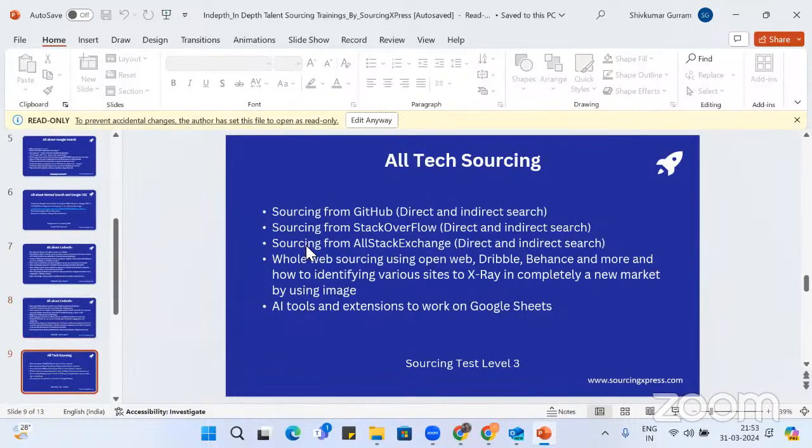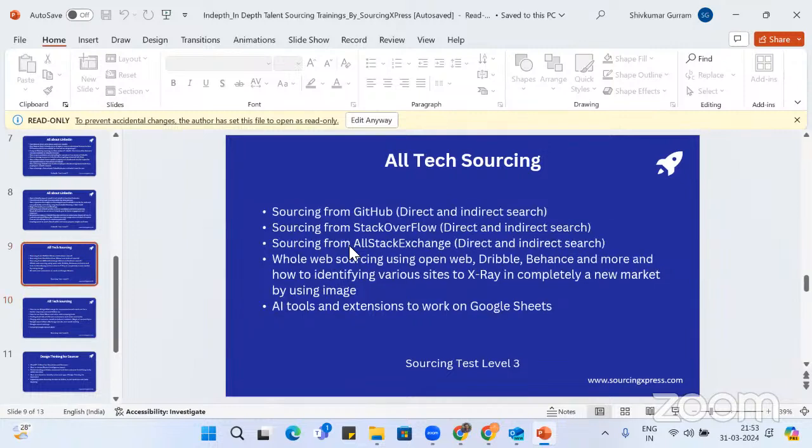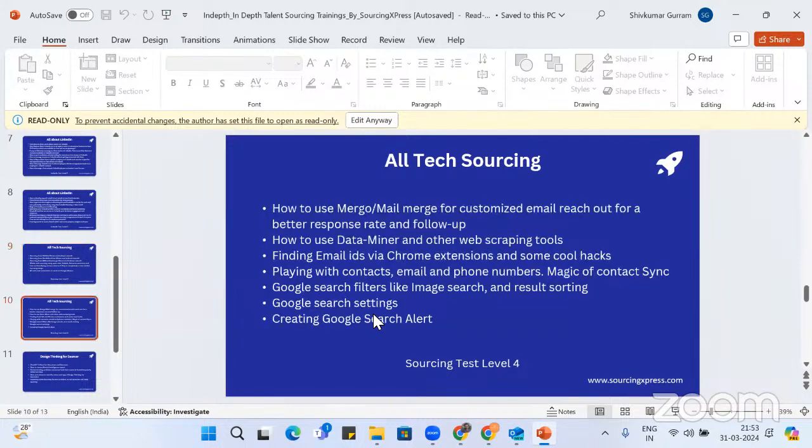GitHub, Stack Overflow, open source, AI tools, mail merge, data miner. What else we covered today? Mail merge we did, data miner we did, and AI tools we did. AI tools, a lot of tools coming and going, but I would say just stay on top of it, keep